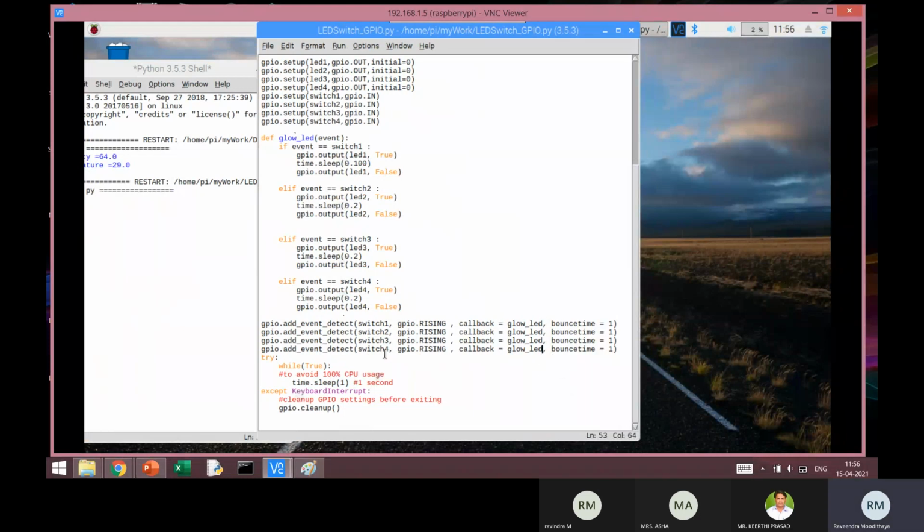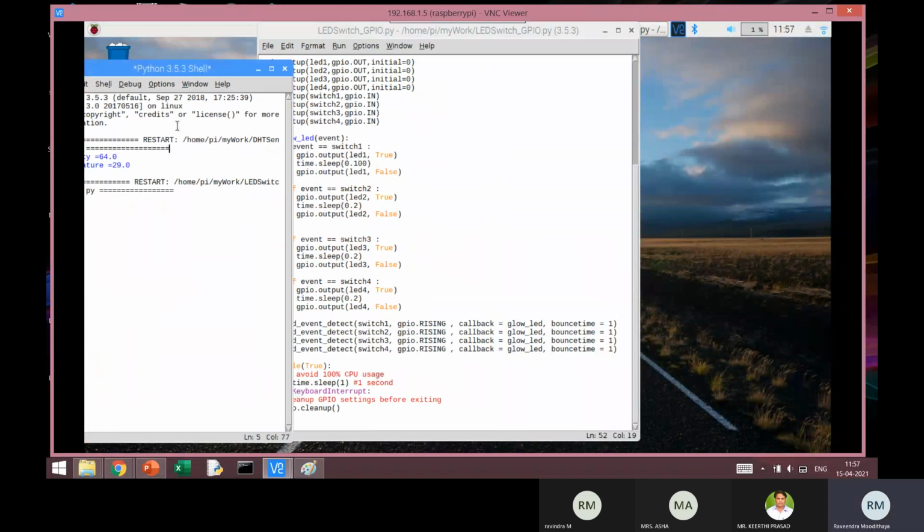So whenever that particular switch is pressed, that particular function is called. You don't have to first detect which switch is pressed and then call the statements to turn on that LED and turn it off. You can divide this into four different functions. In such a case, probably that latency or delay in the response can be avoided, or you can counter that. I hope it is clear.